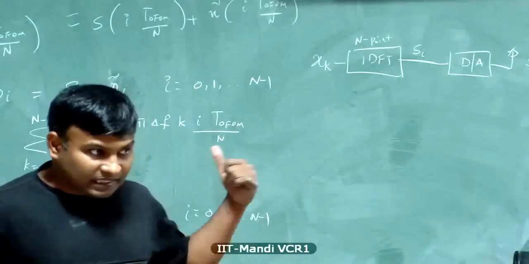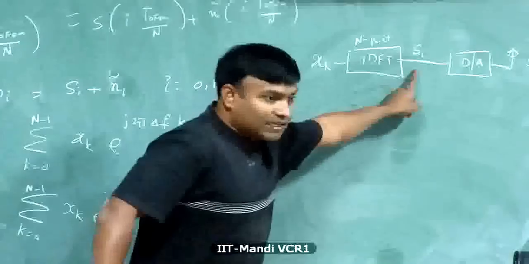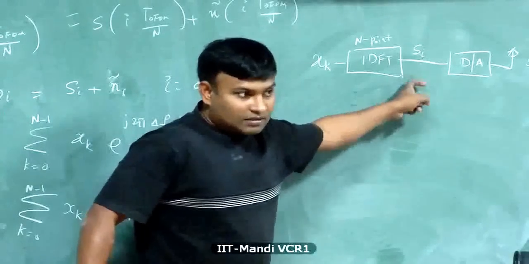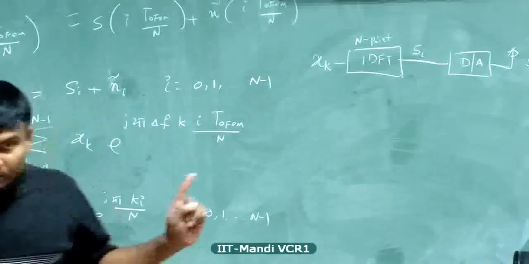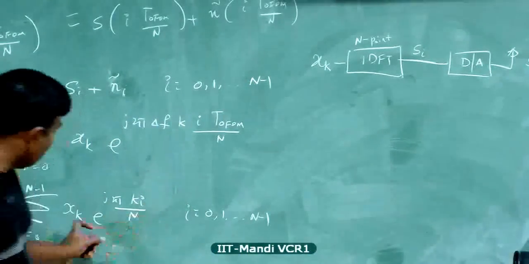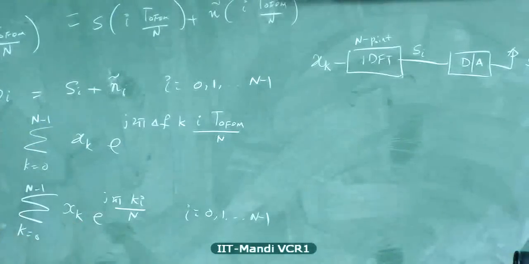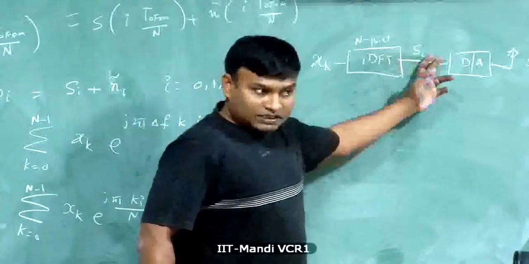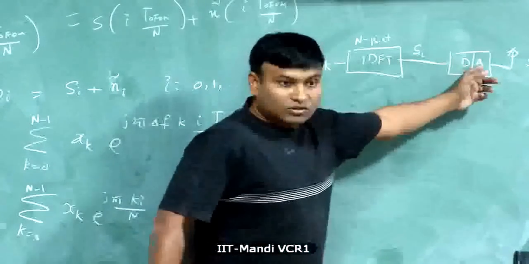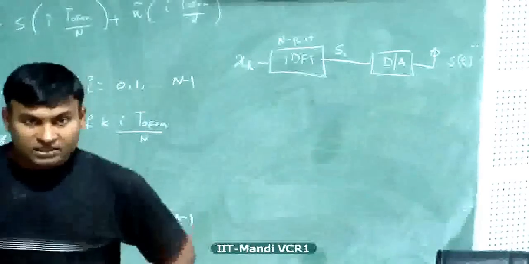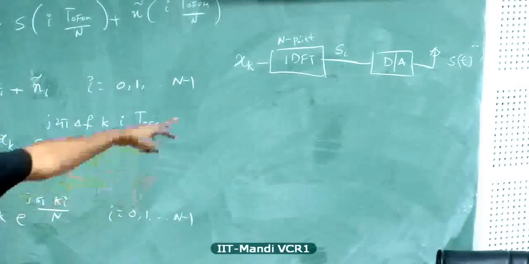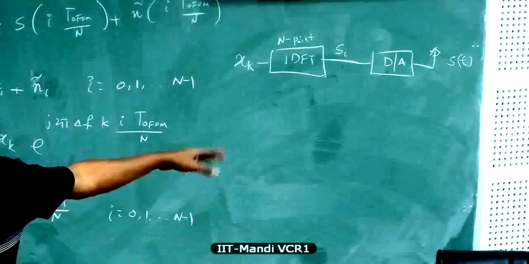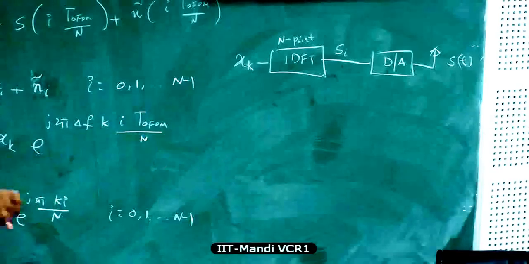Okay, we are sampling at a rate higher than the Nyquist rate because we are going to null out some of the xk's. So this is already an oversampled signal S of i. You can pass it through a general purpose digital to analog converter and get your signal S of t. This is a very popular way to represent an OFDM signal. In many books, this is how you see it.